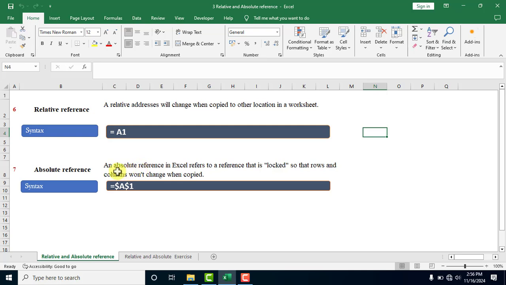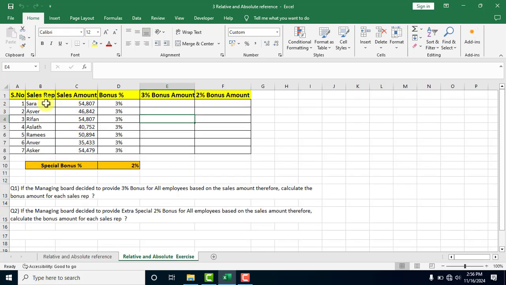You can see here an absolute reference in Excel refers to a reference that is locked, so that row and column will not change when copied, right? So no need to worry about it. When we practice, you can easily understand. I'm going to move directly to the exercise, and you can see here this is a serial number, sales rep,